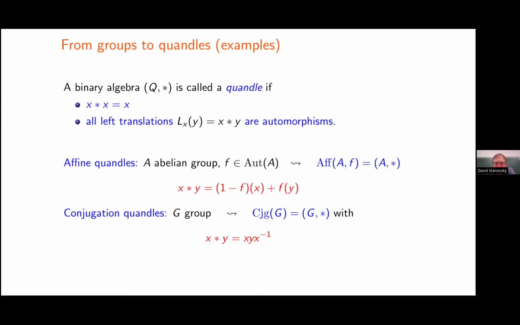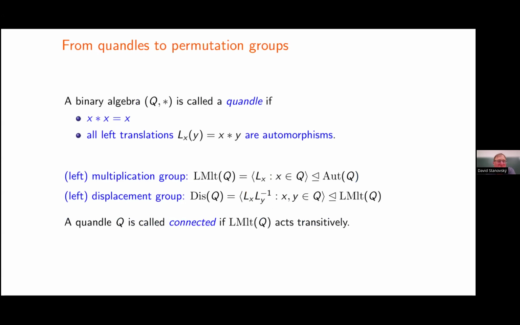With every group, you have associated quite a few quandles. But also, what is more important, the other way around, with each quandle, you have associated some permutation groups. And these permutation groups play an important role in the classification of quandles. That's a way to transfer properties of quandles into the language of groups, and then maybe prove something about quandles